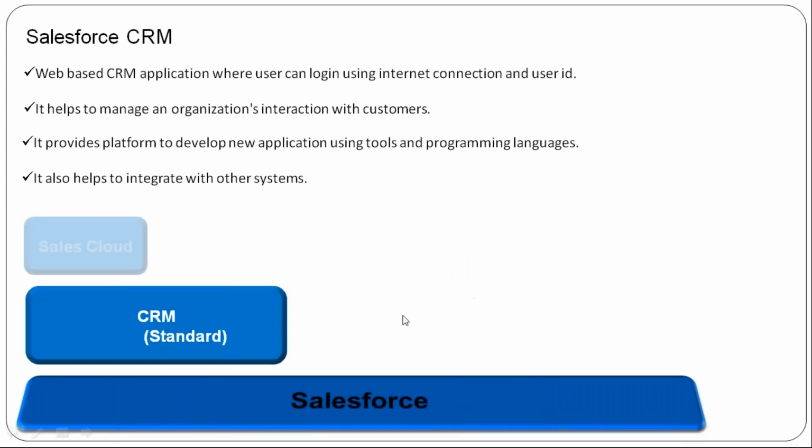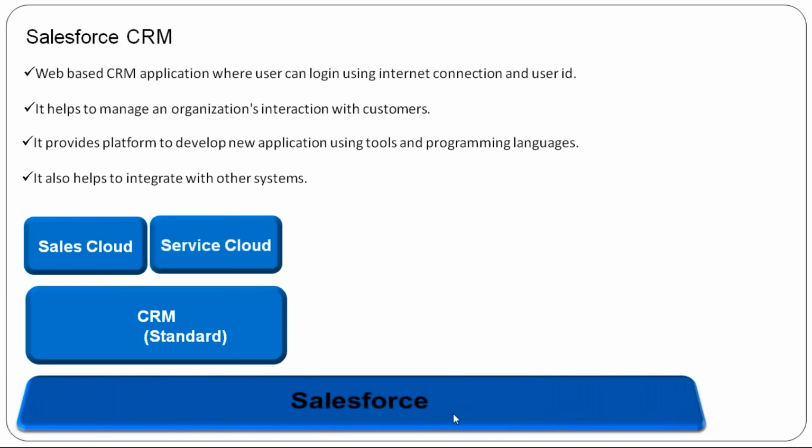Okay, so this is a very catchy diagram to understand the Salesforce ecosystem. Salesforce is a platform. They provide the standard applications, which means the pre-developed applications, like Sales Cloud and Service Cloud. So those are pre-developed applications, and we have many more like Marketing Cloud, Analytical Cloud, etc. Okay, and you can also develop a new application which is considered a custom application,